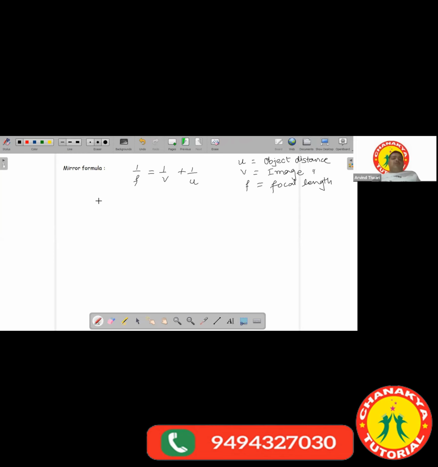Then you have the formula of magnification. We find out the value of magnification by the formula height of image divided by height of object. So in magnification, we actually compare how high the image is. Is the image high or low as compared